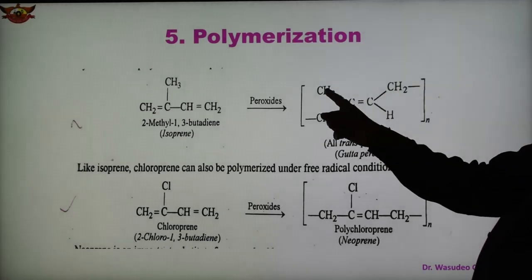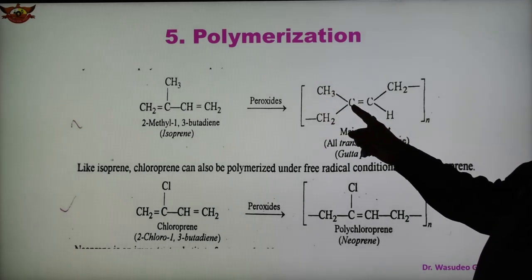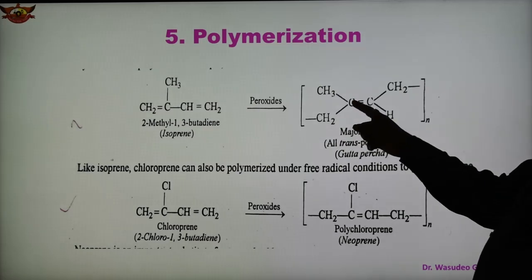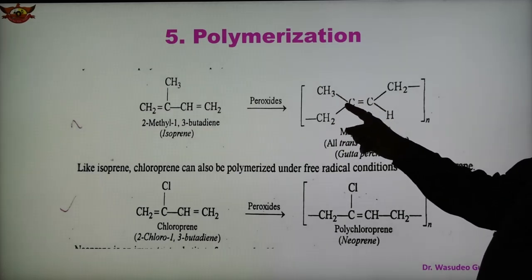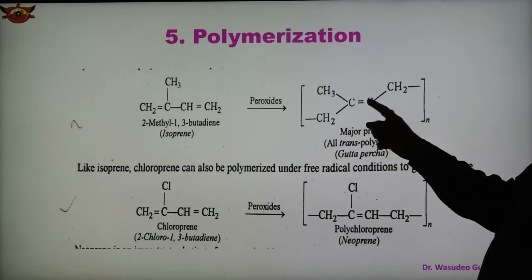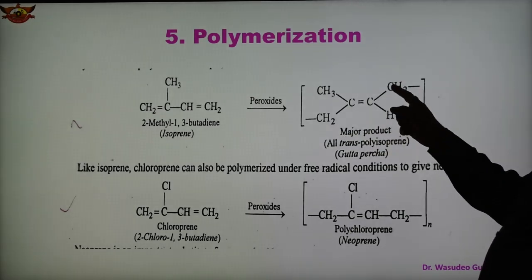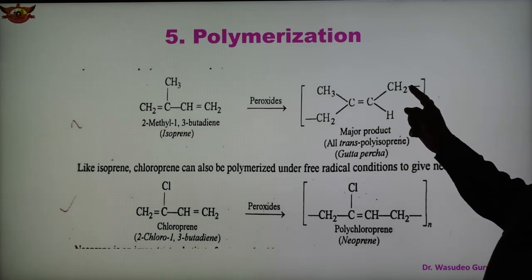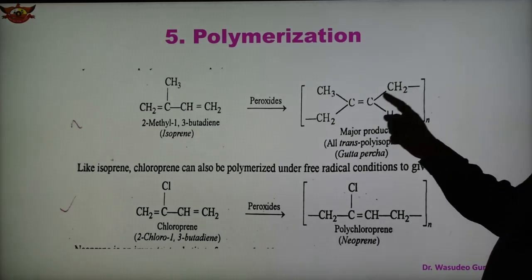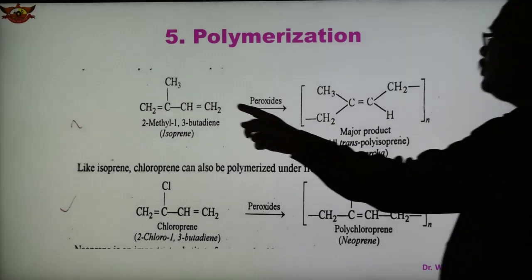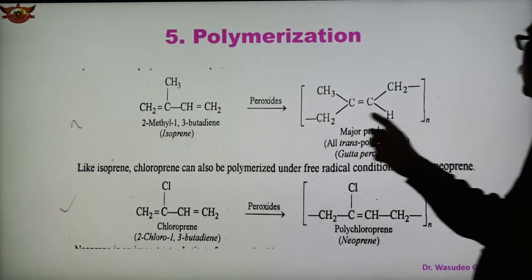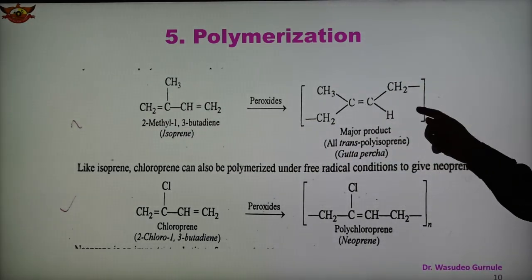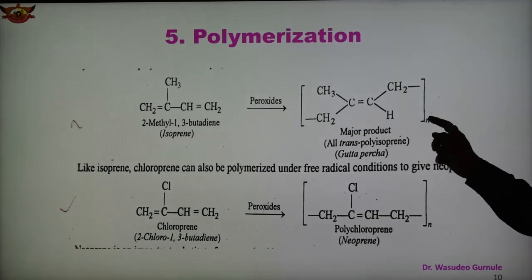And so here addition is here CH3, then carbon-carbon double bond, and here CH2, C. So here CH3, C double bond is here, and here is the CH2. This is CH2. So chain lengthening is taking place from the CH2, another from CH2, in this way, and this is the trans addition, and this is repeated n times.